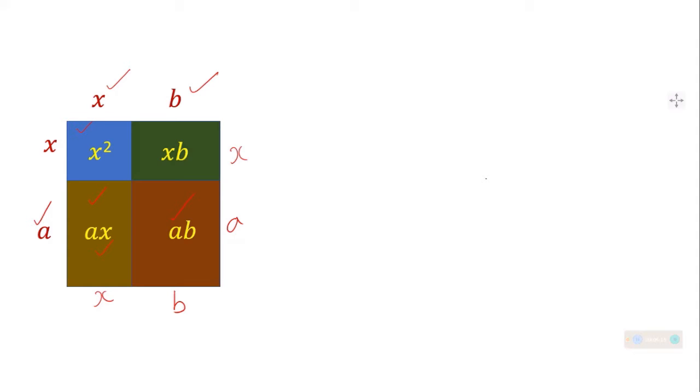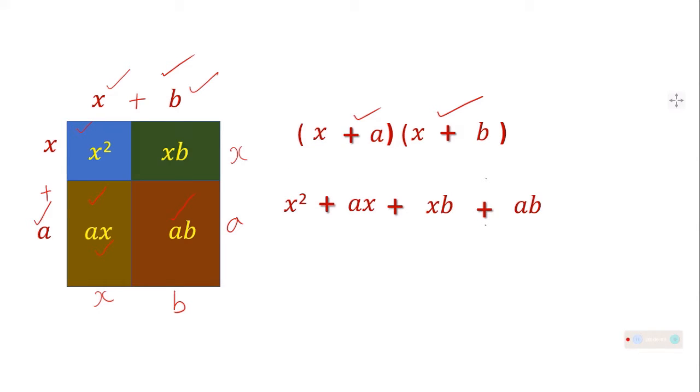So we got the area by multiplying the corresponding sides of the figure. But in fact, the whole figure has a size x plus a here, and x plus b here. So the product is (x plus a) into (x plus b). This way we can simply explain. Here if there is an identity like this, (x plus a) into (x plus b), which are the sides of this rectangle, we can write the area we got as its expansion: x square, ax, xb and ab.